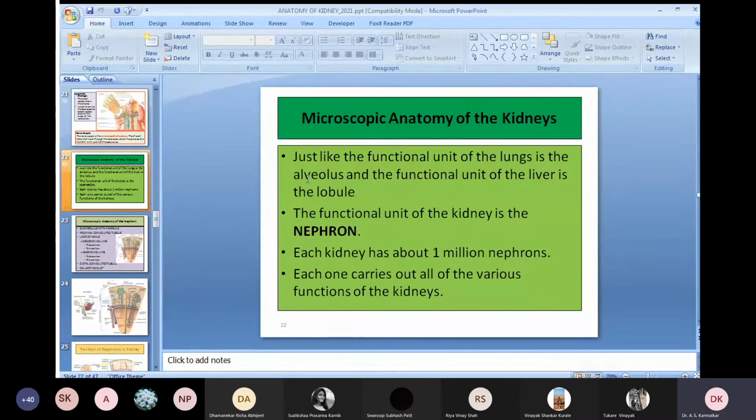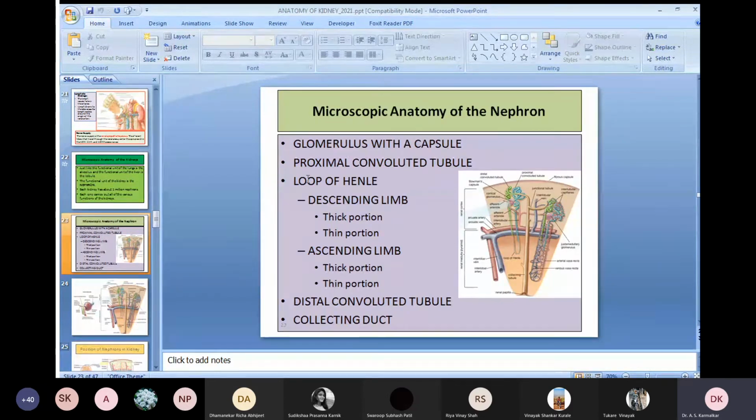If you see, there is a glomerulus with the capsule. As I told you, if you see the diagram properly, this is the interlobular artery, and it is giving the afferent arteriole. The afferent arteriole goes towards the nephron, and this nephron has a Bowman's capsule, PCT, that is the proximal convoluted tubule, then the loop of Henle, with an ascending and descending limb, and a distal convoluted tubule, and ultimately it will form a collecting tubule and then the collecting duct, which will pass through the pyramid and open into the renal papilla, which will open into the minor calyx.